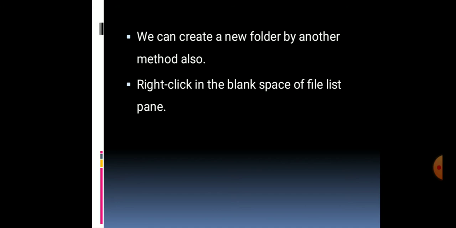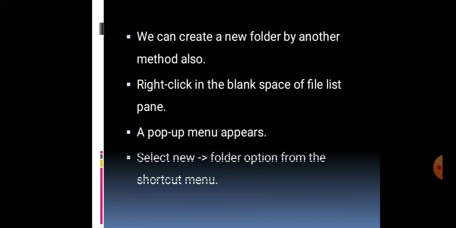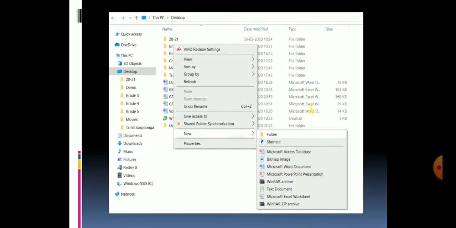It should be on an empty space. Right click in the empty space and a pop-up menu appears. From that you have to select the New option and the Folder option from this shortcut menu. See this picture.